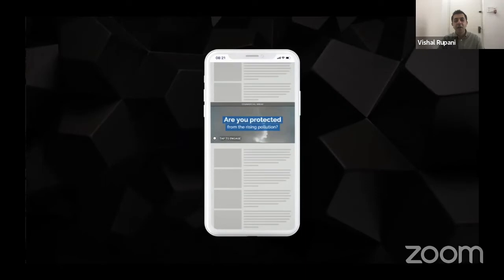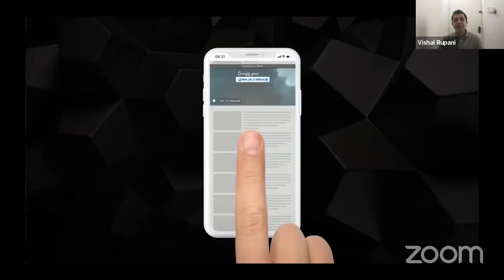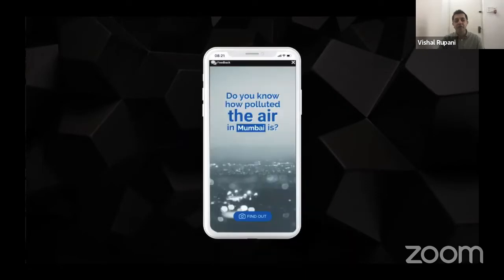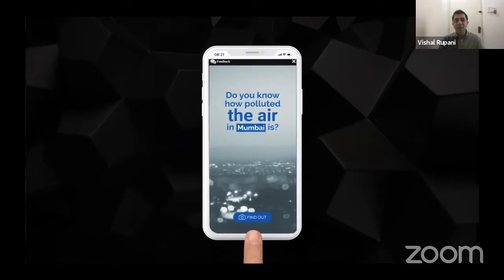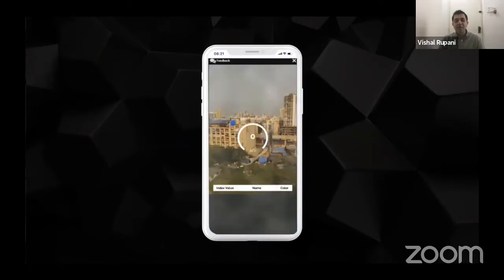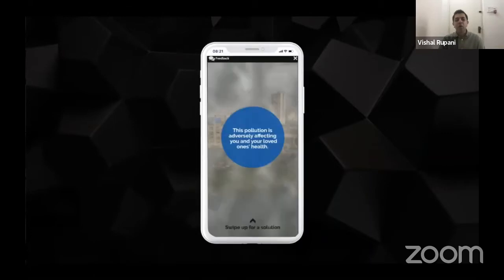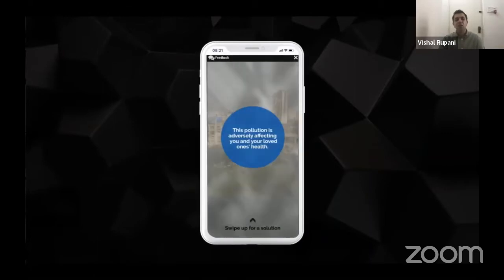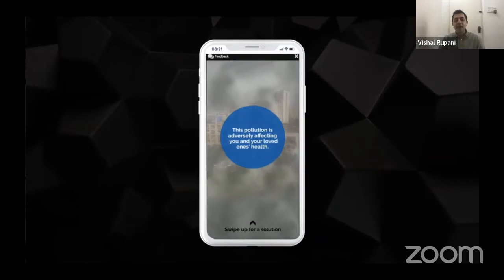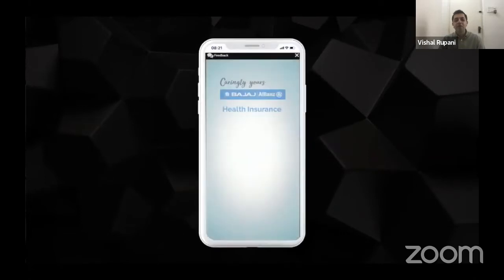Now, here's another example. It's not always about using the right sensor, it's also about how you can become creative with your ad. So here's something we did for Bajaj Allianz when the air quality index earlier in the year was very poor across the country. So for users in Mumbai right now, we have them see what the current air quality index is, showing them how pollution has adverse effects on them, and encouraging them to learn a little more about Bajaj